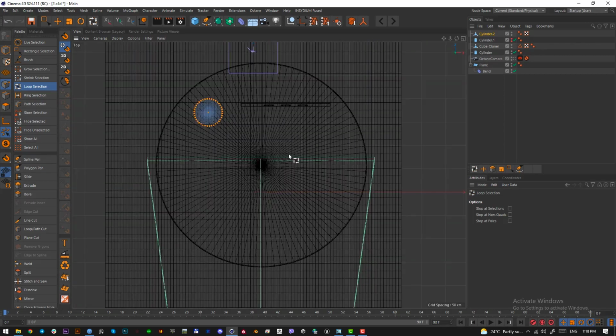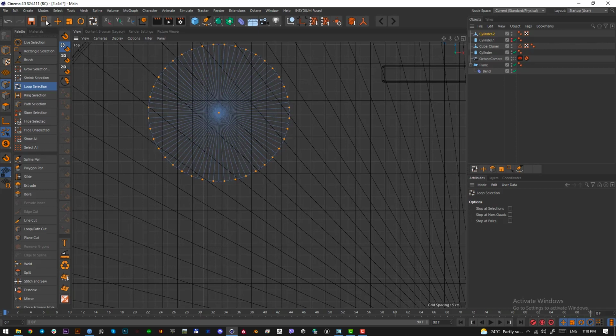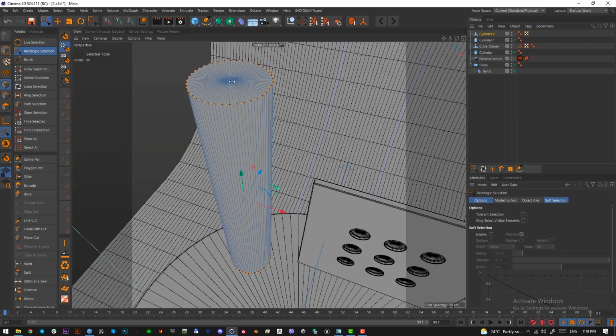Press F2 to jump to the top view and select rectangle selection. Make sure that only visible elements is not selected. And pressing down Control on your keyboard, deselect this middle element here. You can't see it now, but if you jump F1 to the perspective view, you can see this dot is